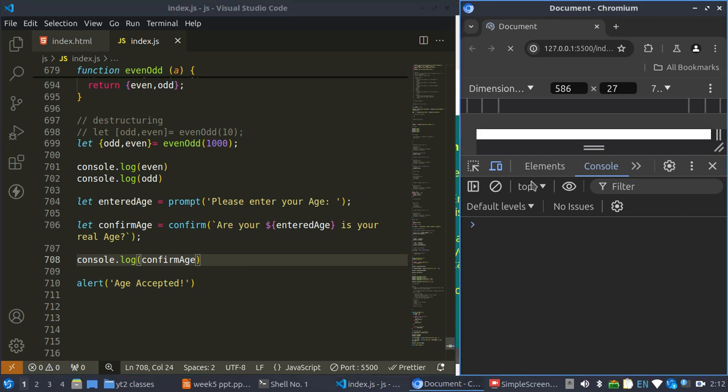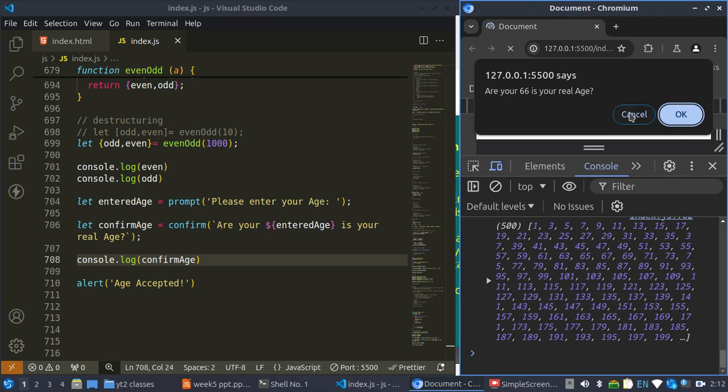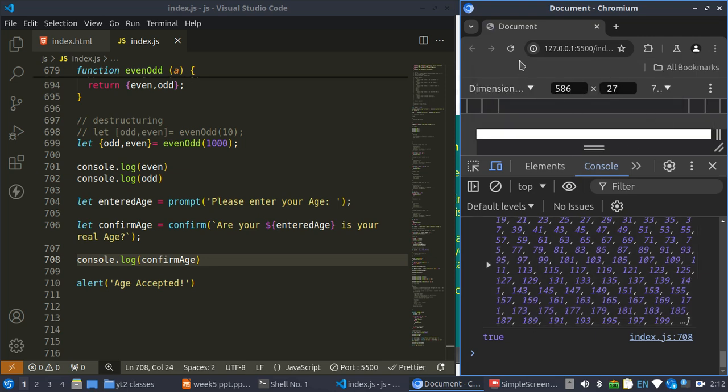So let's do that again. It will return true if the user press yes. So age 66. Then are you sure that is your age? So if I enter yes, I will see true, then age accepted. So that means,